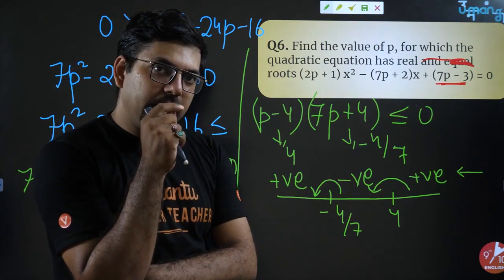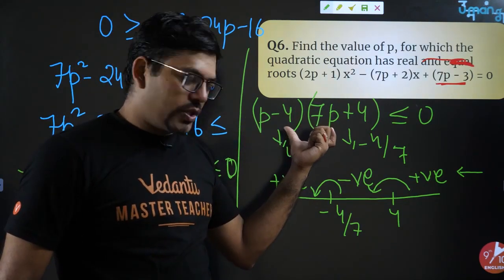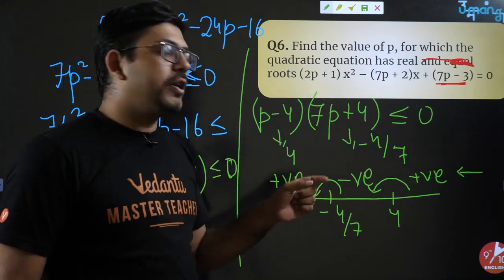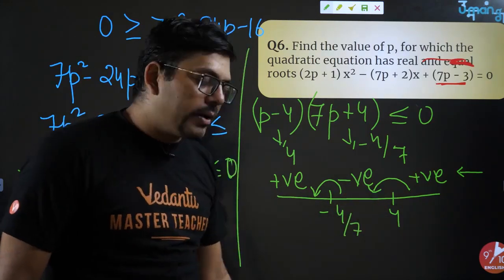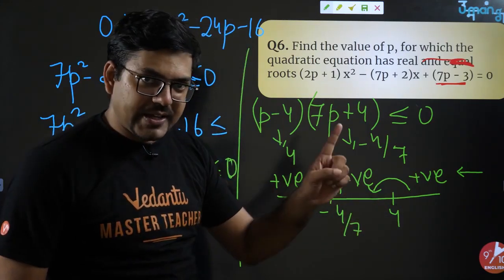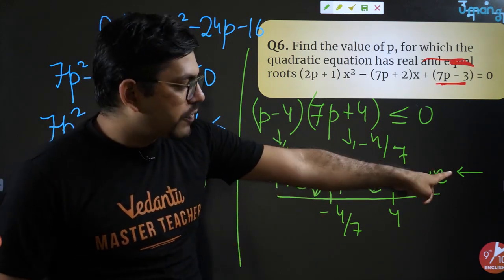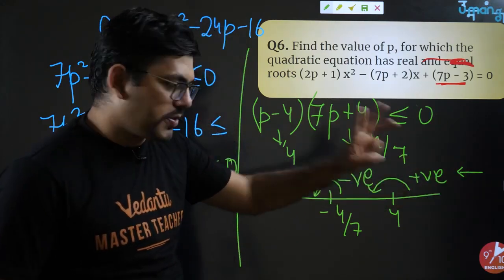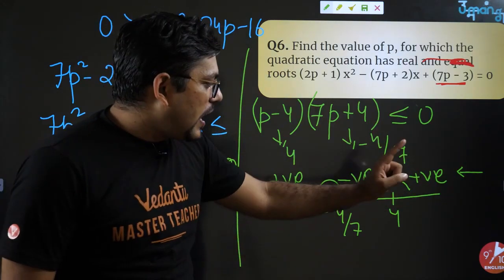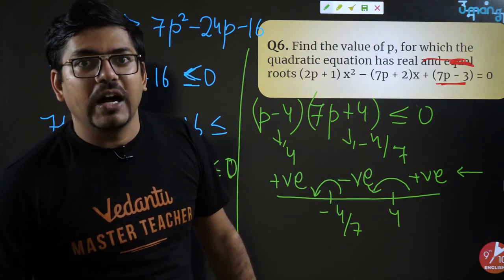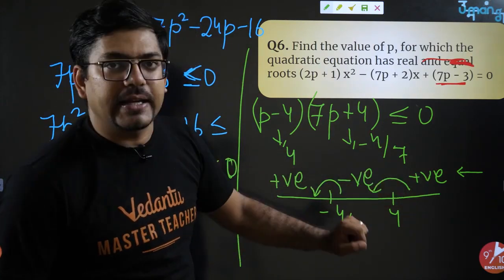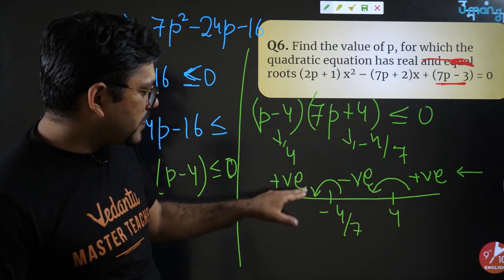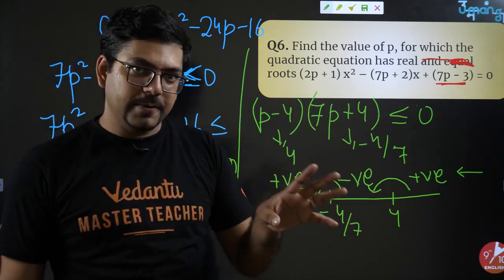So I am again repeating. Whenever you get a quadratic equation which has an inequality in it, you will draw a number line, and on that number line you will put the zeros. First step. Second step is always start from the right hand side with a positive. Third step is after every jump of 0, change the sign. If it is positive, a jump of 0 makes it negative. Again, a jump of 0, it becomes positive. Three steps done.